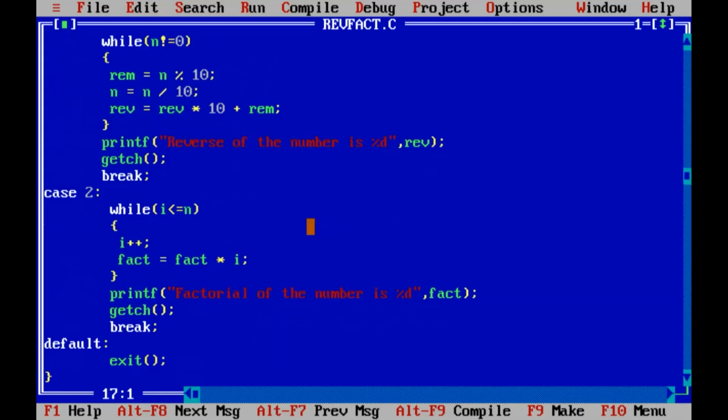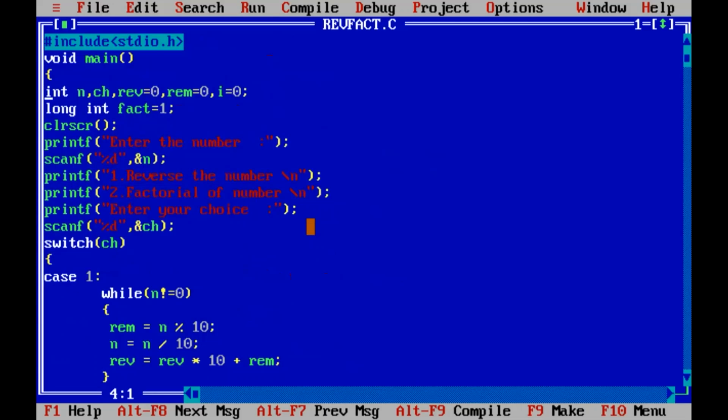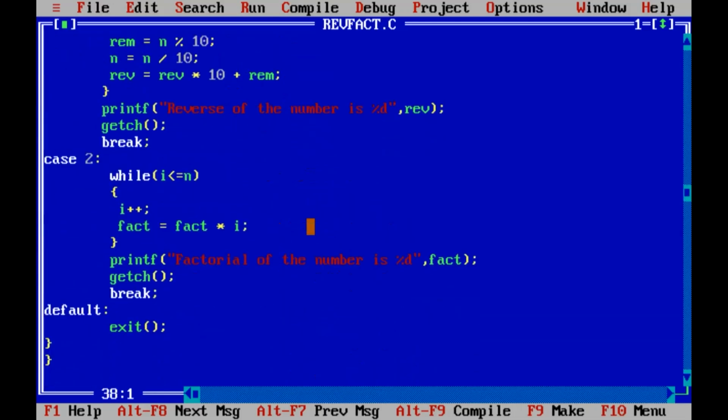Fact equal to 1 only I have given. Can you find any error? No, all are hungry now. Fact equal to 1 into 1. Then again, I is not less than. It is showing 720.